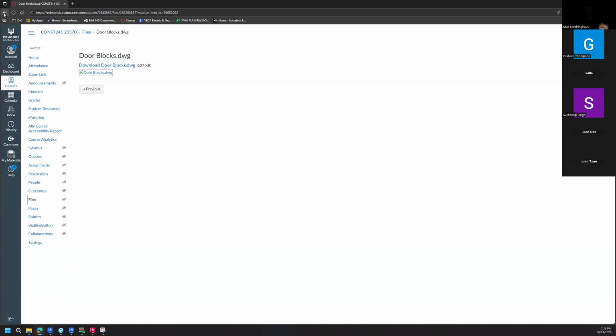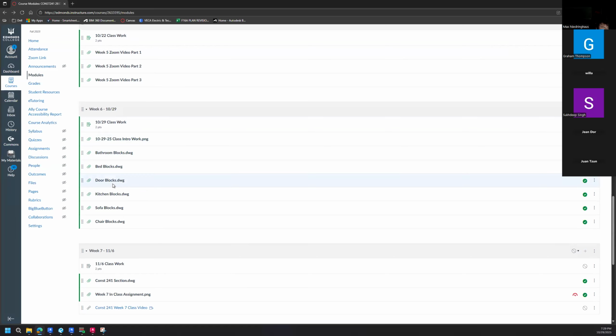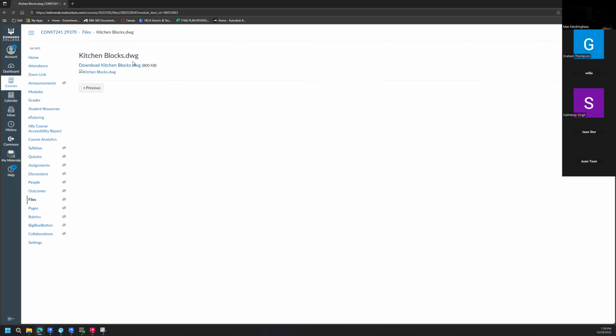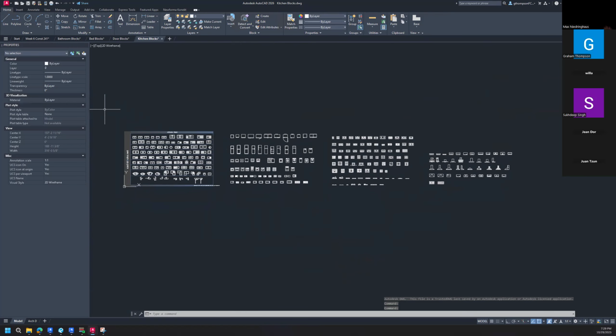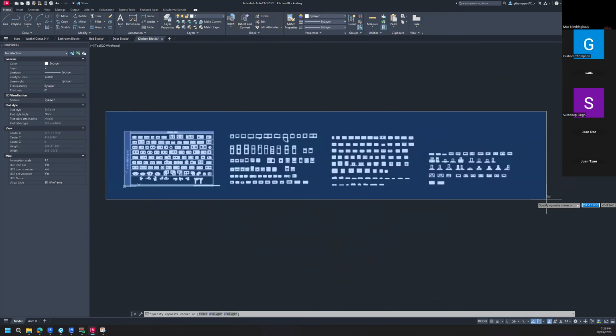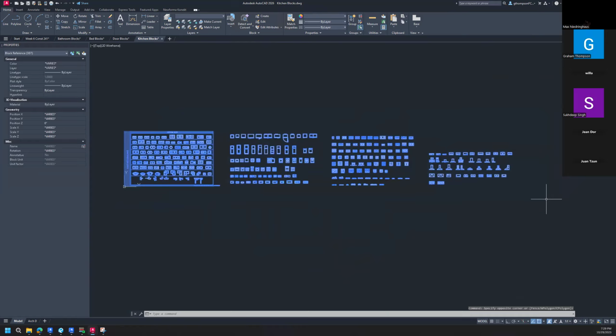We're going to come back over to these kitchen blocks, which is even the next one down. How lucky is that? Download those blocks, open them up. Same as before, right? You're just going to go ahead and top left corner, click once, bottom right corner, click again, and use our Control C copy clip command. So Control C,